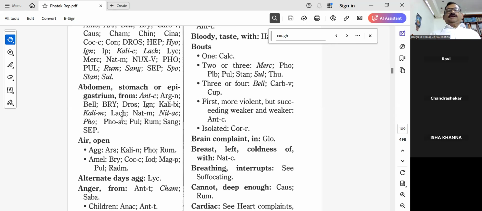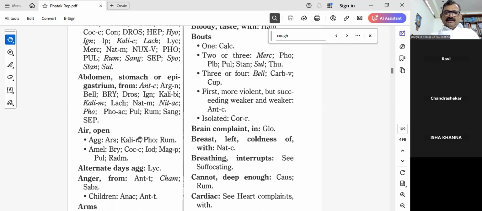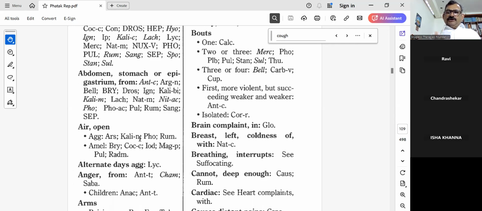If they are coughing like that, you can say it is bryonia, and bryonia is ameliorated by open air. If they go to the open air, they feel better. So if one or more symptoms cover a particular remedy, you are sure that it is going to help. They will tell you everything. No need to be afraid about how we will come to know, if that particular person comes and tells you,